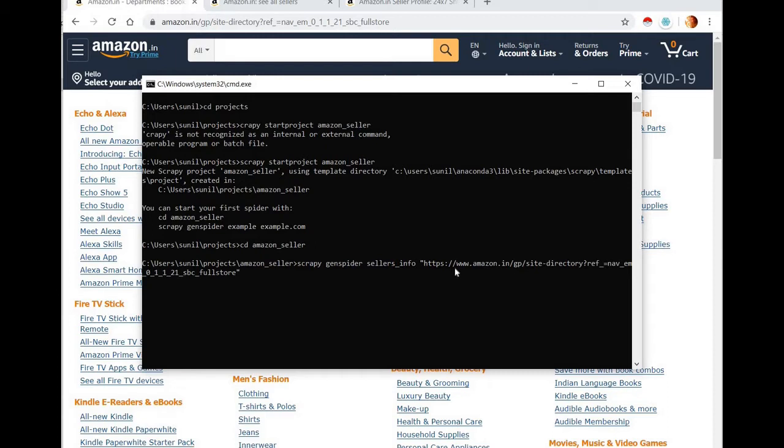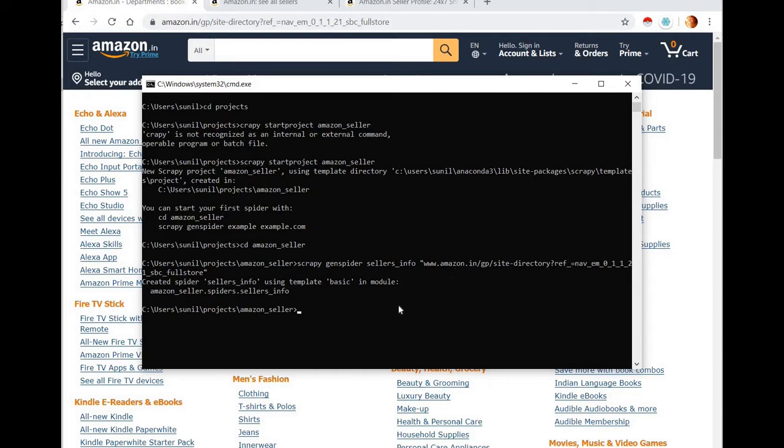Just make sure the HTTPS should not be there, because Scrapy by default considers HTTP for whatever URLs you give as input. So let's enter. The seller info spider has been created.